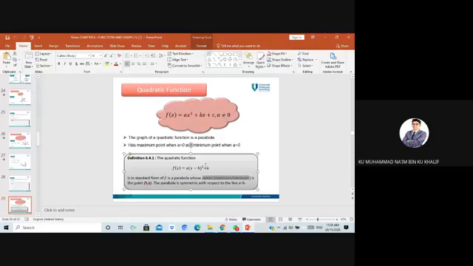I don't ask you to memorize, but it's good for you to know. After this, behind the formula, how do you get this? Directly, it is called completing the square. You take out, like we factorize, but in terms of completing the square. Each parabola is symmetric with respect to this one. If symmetry